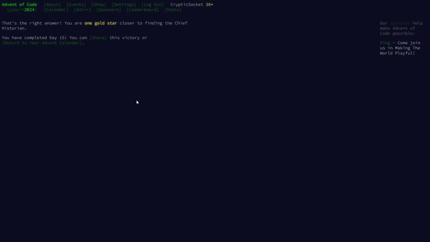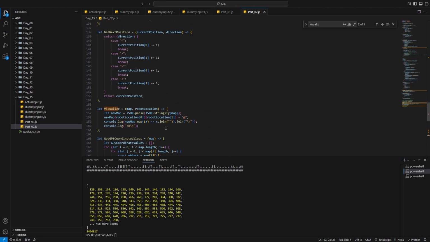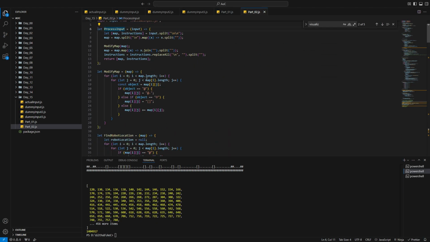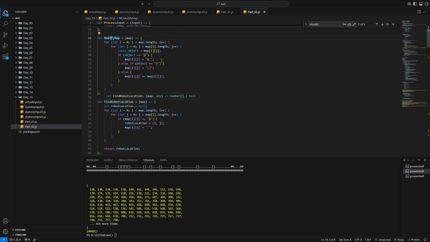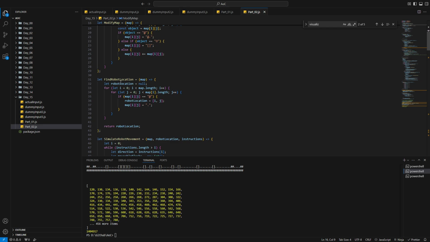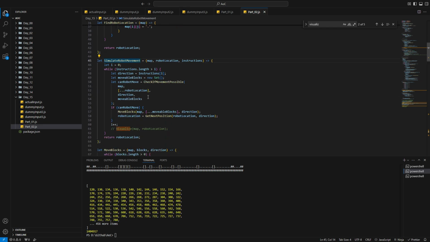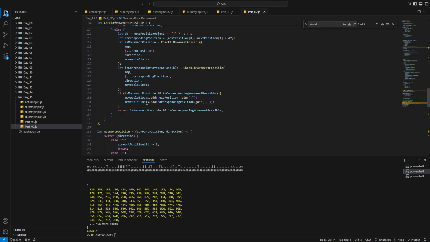Anyway, that's cool. We considered some things and I forgot that I haven't explained the code yet. Should have done that first. So not sure what I explained in the last part, but process input is the same. Modify map, I think I explained modify map. Robot location simulate. Okay, yeah. The only thing I didn't explain was